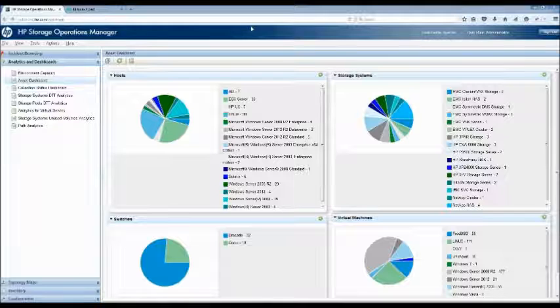Before I jump in and show you a bunch of use cases about how we use analytics and provide useful information to the customers, let me walk you through the UI layout so that you'll be able to follow what I'm doing on the right. So this is the landing page of the product, and in terms of the UI layout, over to the left,